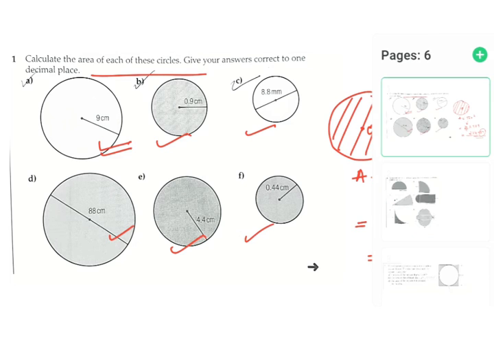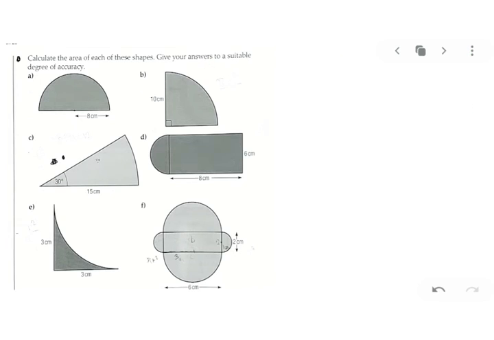Yes. Let me check what we have next. Okay. Now, if you can notice here, in your first problem, you have to calculate the area of each of the shapes and give your answer to a suitable degree of accuracy. Now, first you have, if you notice that is a circle ka adha, that is called as semicircle. Now, what will be the area of semicircle? अगर पूरे की area है pi r square, तो आधे की हो जाएगी half pi r square. Yes? So, we can go for finding this.